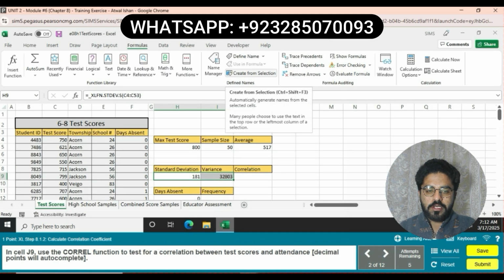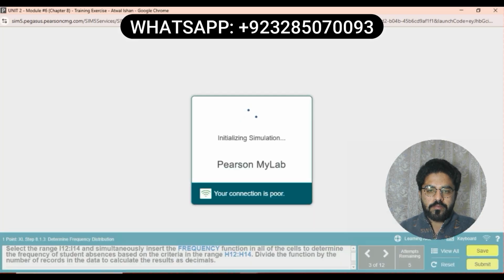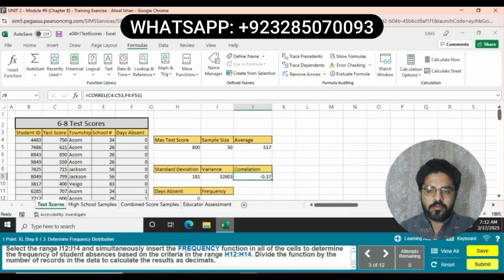Question number 2 is, in cell J9, use the CORREL function to test for a correlation between the test scores and attendance. Decimal points will auto-populate. The next question, question number 3 is,